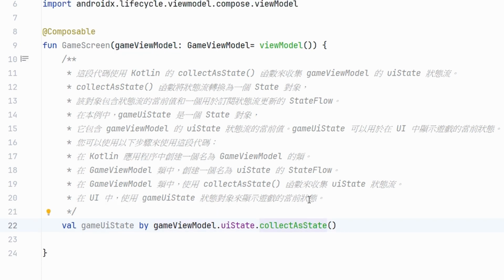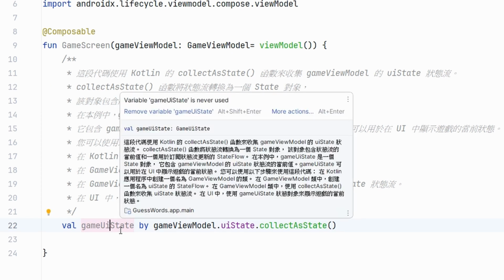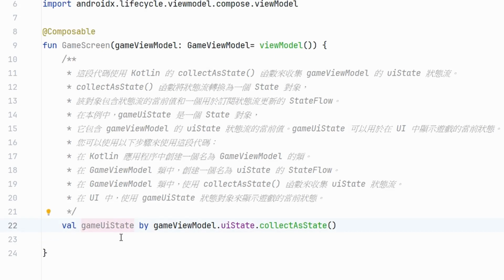The collectAsState function converts the state stream into a state object. This object contains the current value of the state stream and is StateFlow for subscribing to StateFlow updates. newState is a state object. It contains the current value of viewModel's newState state stream. newState can be used to display the current state of the game in the